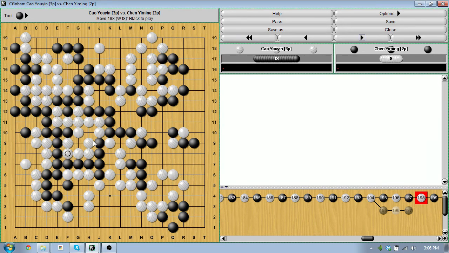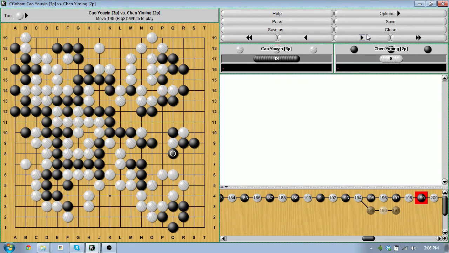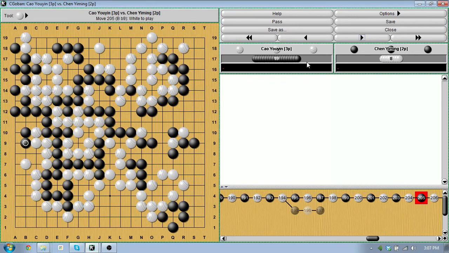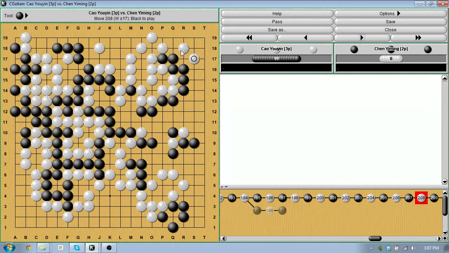White has to come back and live. And now we're pretty much just in endgame. This 1-point jump is really big, and it has a big follow-up too. Like, white's really threatening to take a lot of the corner. And, yeah, see, this is big. That might have been a misstep by black to not answer that, because